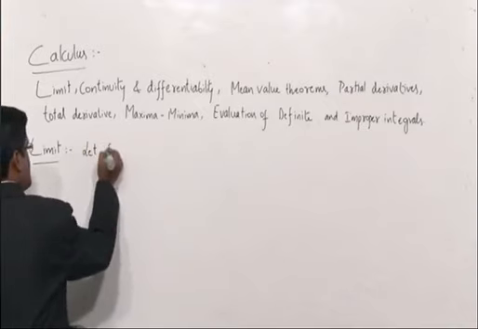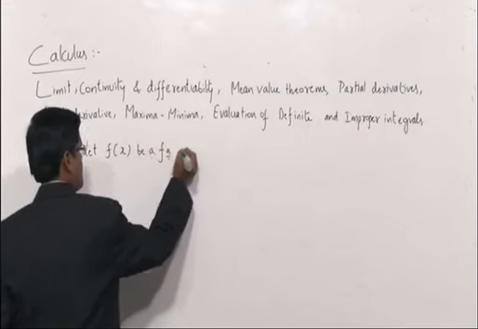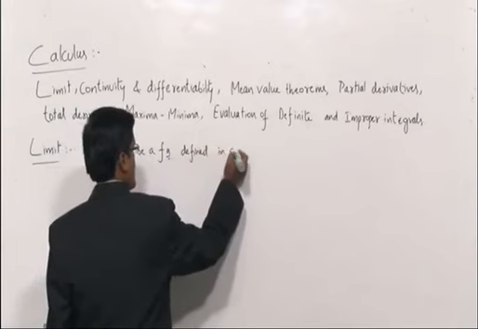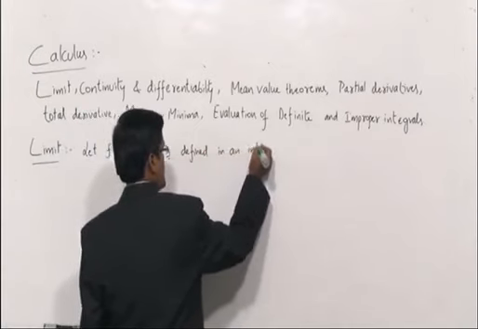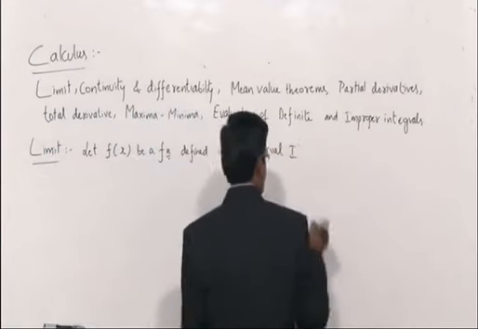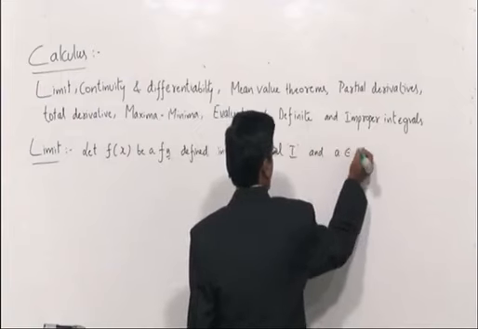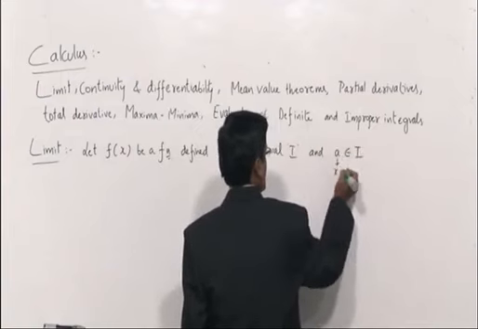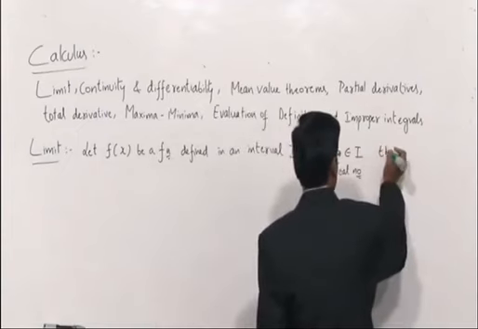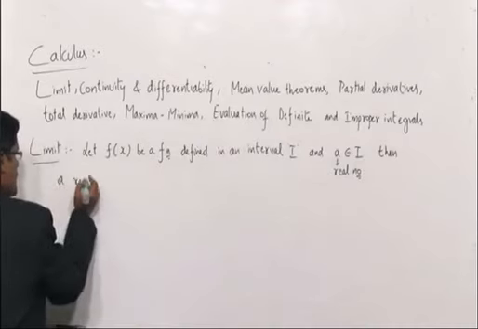Let f(x) be a function defined in an interval. We don't know that interval, say capital I. It is not integers. And a belongs to I. That is, a is a real number. Then a real number